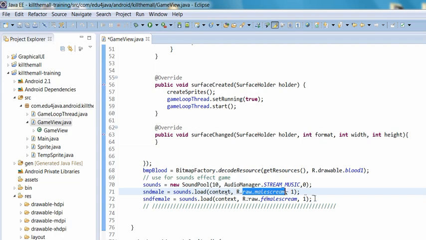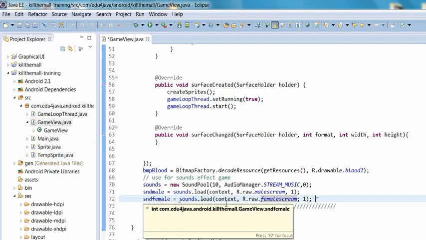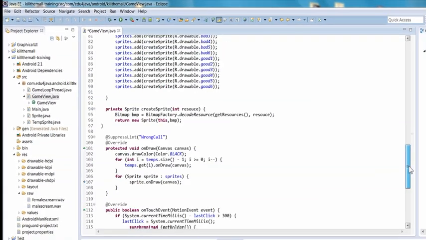mscreen for the male sound effects, and for the female you're going to be able to load a file in a raw folder called female screen, and that information is going to be stored in this SND female variable. Then you're going to scroll all the way down to the end,